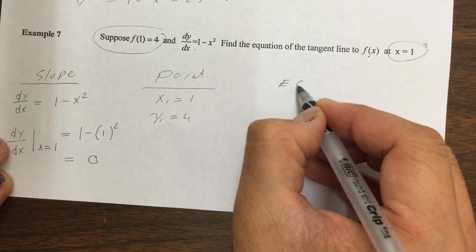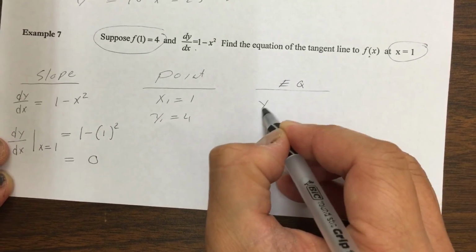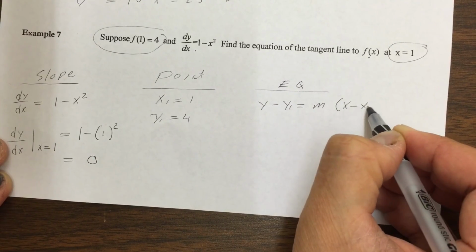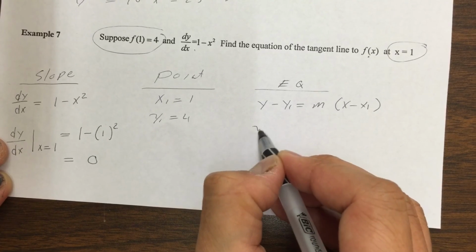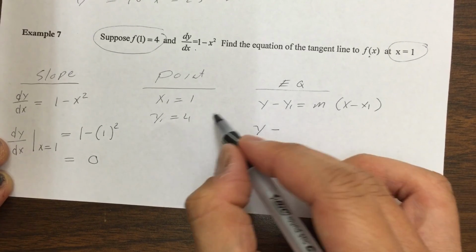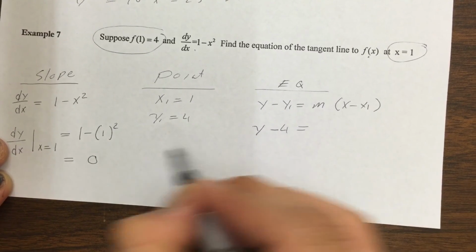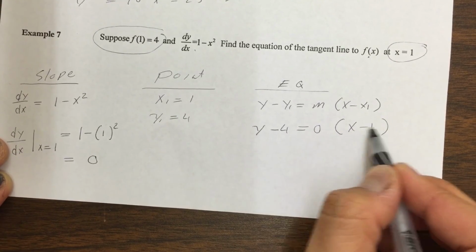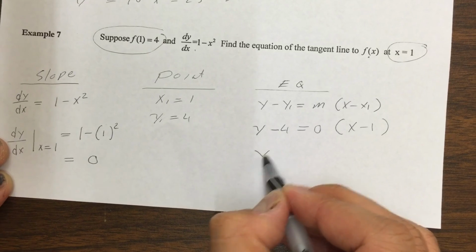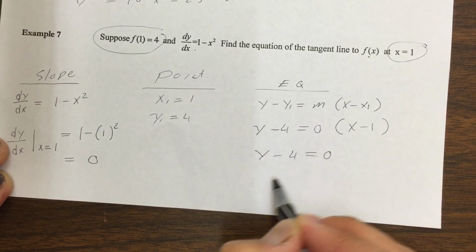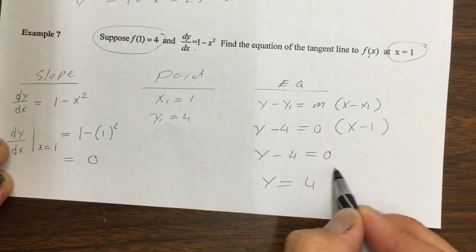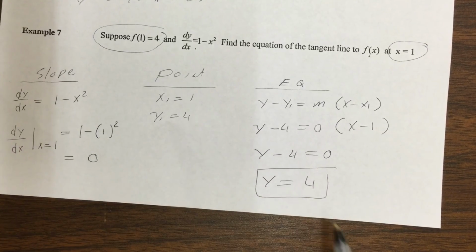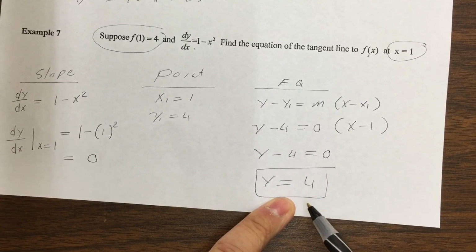Alright, so you have the point. Now you can start forming your equation. So y minus 4, slope is 0, and then x minus 1. The cool thing is 0 times anything is 0, so here's what we're left with. And that means that we have y equals 4. That is the equation of a line. So guess what? This is a horizontal tangent line